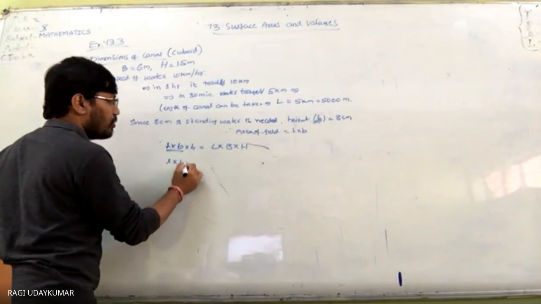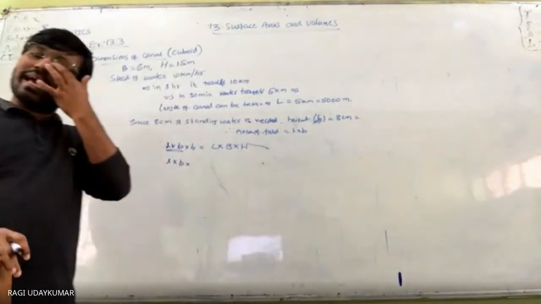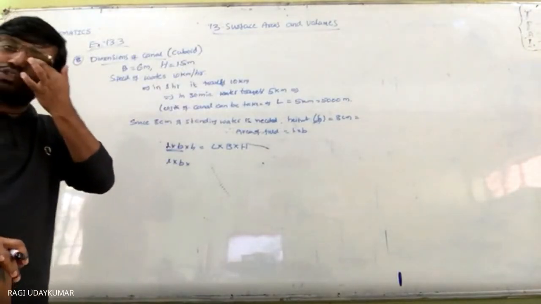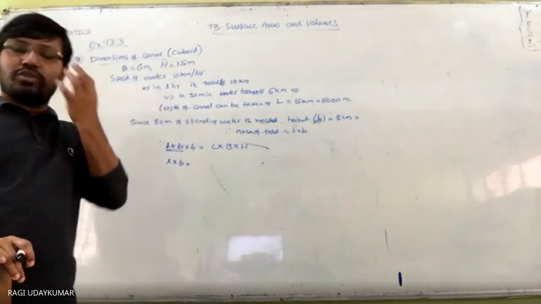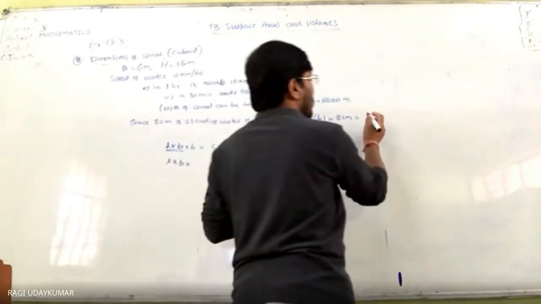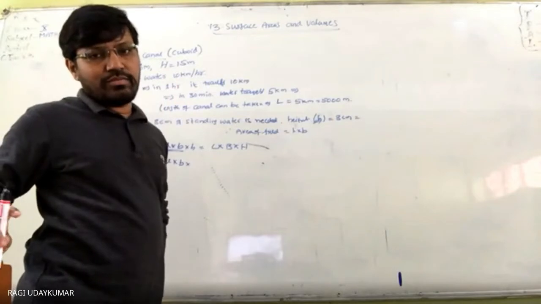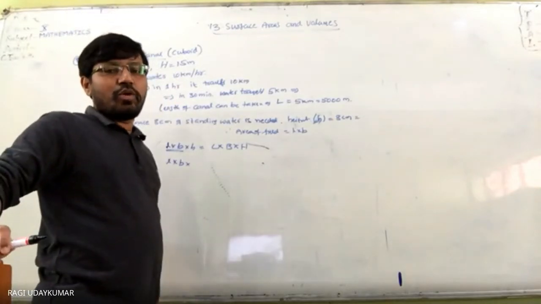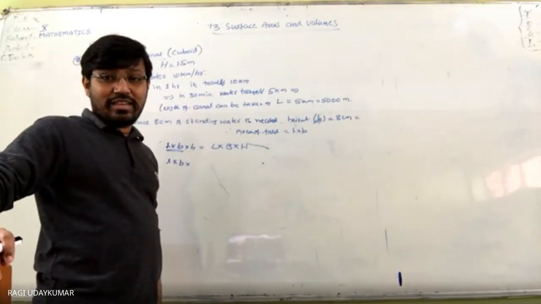So L into B into H is equals to 8 centimeter. इसको भी meters में convert करना है. So I told you first only everything should be expressed in the same units. That is the main point here you need to observe. So 8 centimeters को meters में convert करो. What do you get? 8 centimeters को meters में convert कर लिया तो 1 centimeter को how many meters? 800 हाँ 800 हो जाएगा सर. 800 होगा. So 0.08.